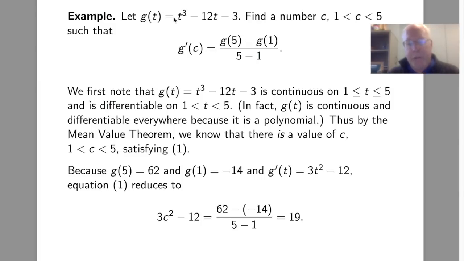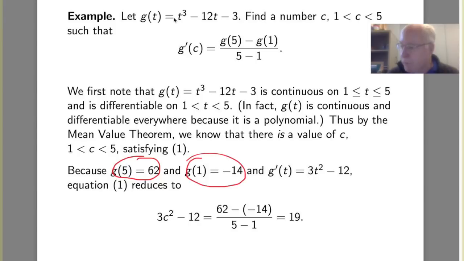Finding that c really is a pretty easy algebra problem in this case. I'll let you check that if you plug in 5 for t, you find g of 5 equals 62, and g of 1 equals minus 14. And the derivative is very easy. g prime of t is 3t squared minus 12. So the c we are seeking